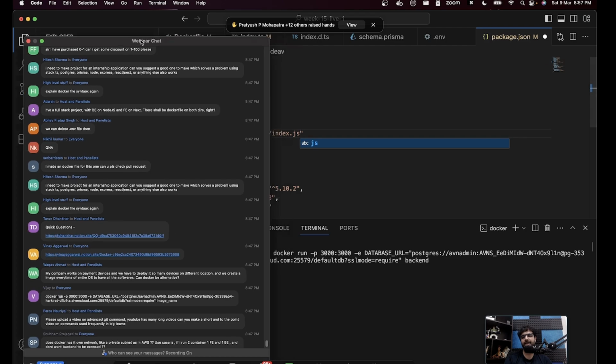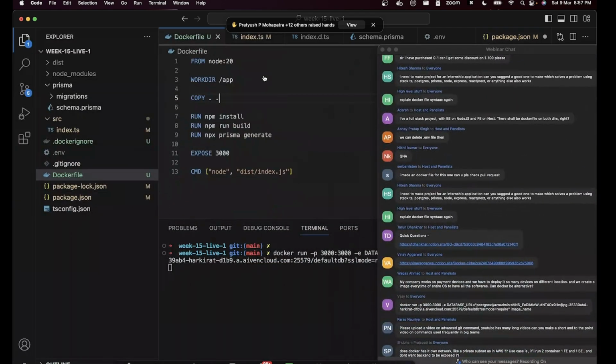Explain Dockerfile syntax one more time. The good thing is it's not too many lines of code. It's 13 lines of code. It says what the base image is, what should be the starter image, which means another image from Docker Hub from where we build the rest of the image. The starter image is Node.js, a basic Ubuntu machine which has Node.js installed. Then it says what the working directory is, the place where you want to copy the code and run these commands. And we say /app.